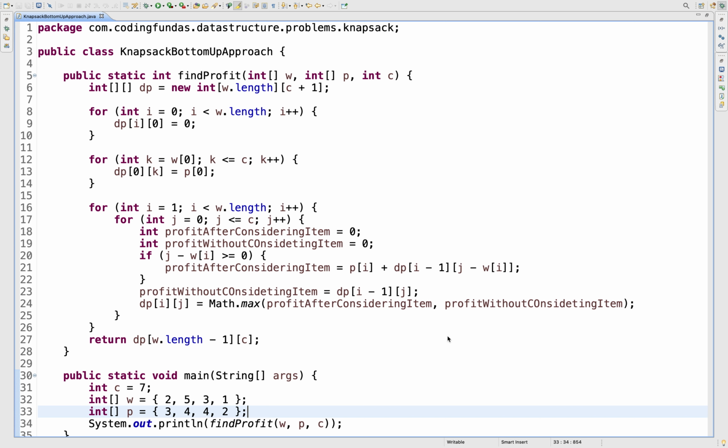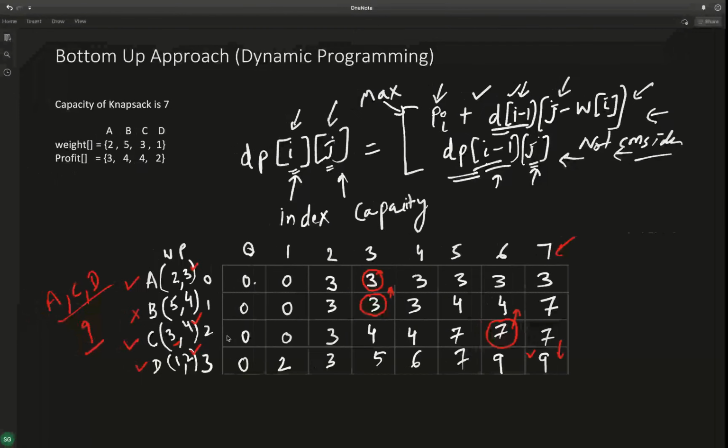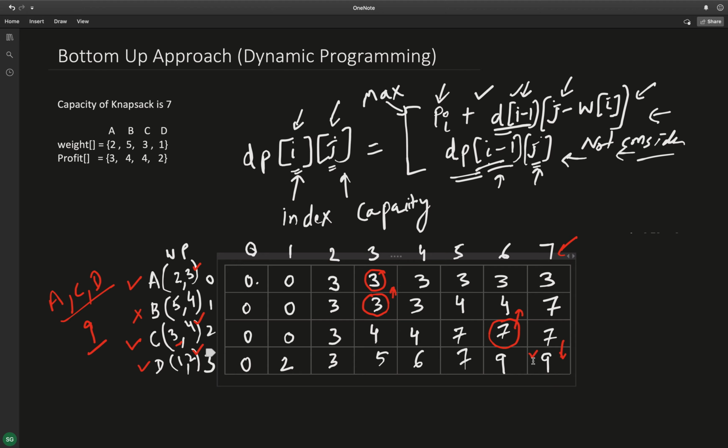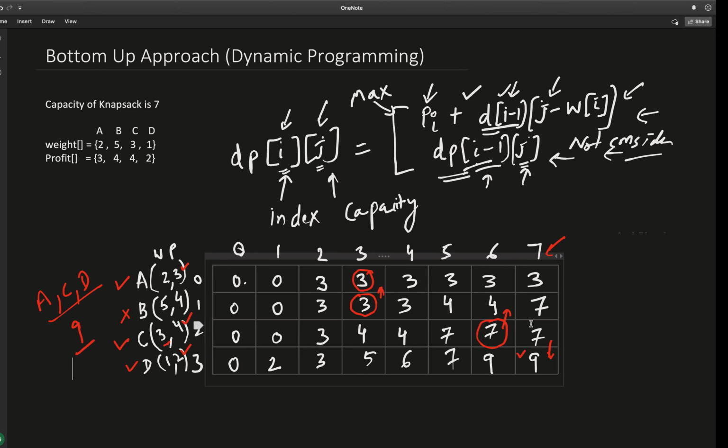So now we have written the code for calculating the maximum profit. Let's now write the code for calculating the indexes of the items which are responsible for contributing to that maximum profit. As I already explained here, we will start from the last cell of this DP array.